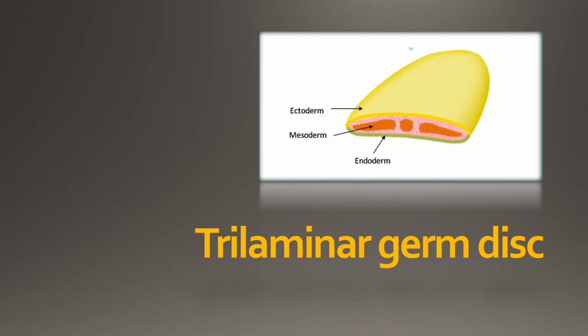Trilaminar germ disc. This three-layer appearance we got at the end of the 3rd week. Now in the embryonic period, we are going to see how the derivatives occur from these three layers. Here we can see the three layers: ectodermal, mesodermal and endodermal layer. The ectodermal layer is for protection and covering, the mesodermal layer is essential for the development of the muscle and the blood vessels, and the endodermal layer is mainly used for nutrition.